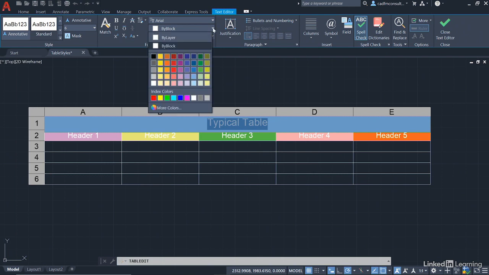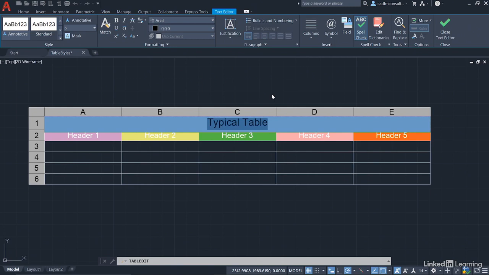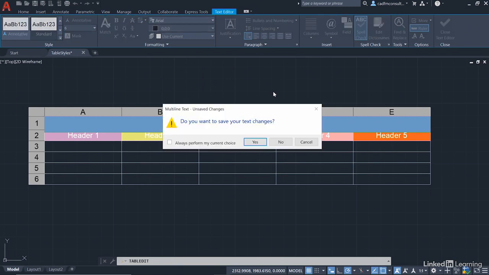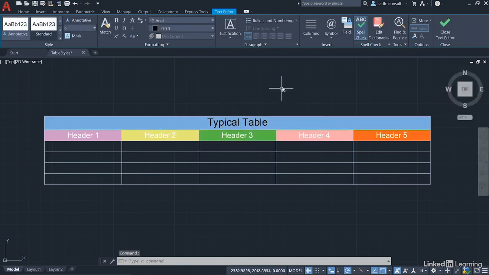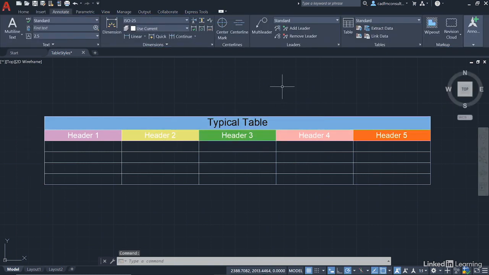So if I click there, I might want that to be black, for example, so it stands out. Hit escape to deselect, and you'll notice, do you want to save your text changes? So I'll say yes to that, and those text changes update. That's the same with the text editor all the time. If you hit escape, you'll get that little dialog box appear.